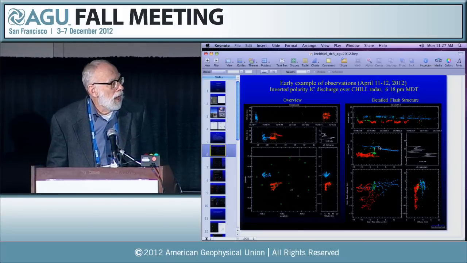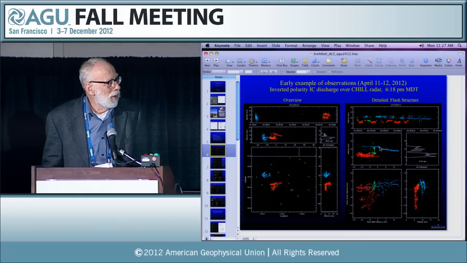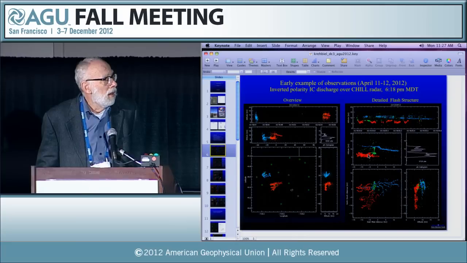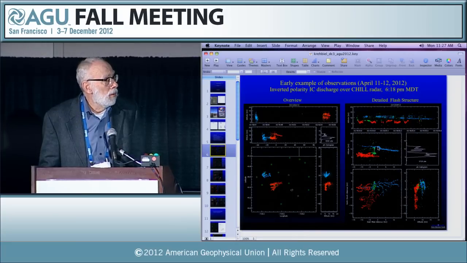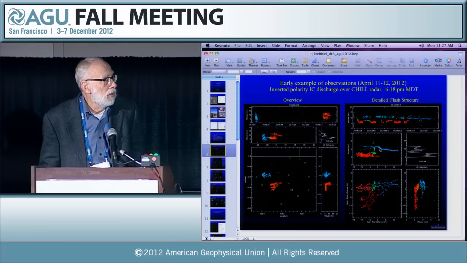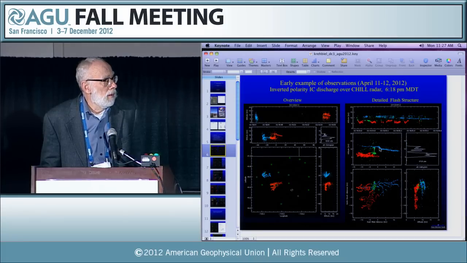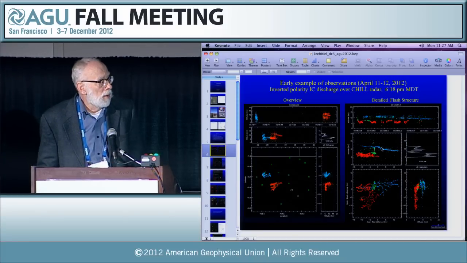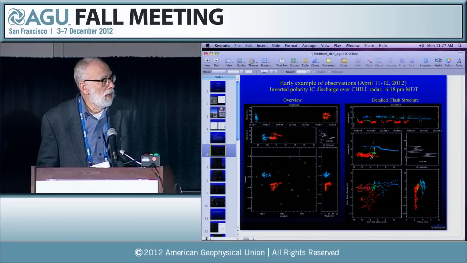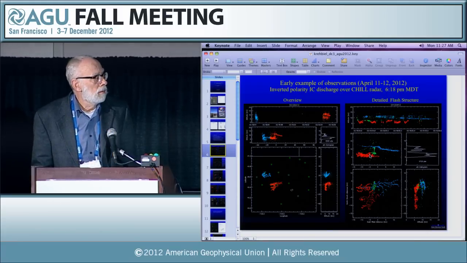It's the opposite of normal polarity, namely inverted, and it's between an upper-level negative charge and a lower mid-level positive charge. The blue sources up here indicate what we call charge identification. They indicate where positive breakdown was propagating into negative charge regions at high altitudes, and the red sources indicate where negative breakdown is propagating into positive charge.